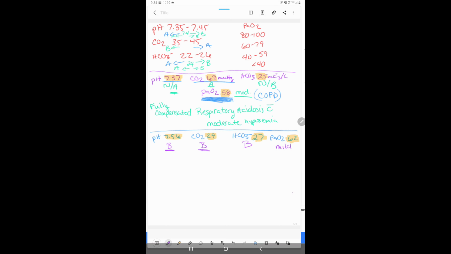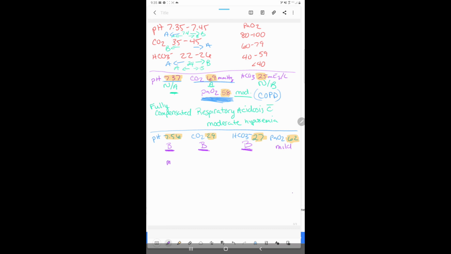Your CO2 is a base. Your bicarbs are a base. They're all three bases. Okay? So you're probably thinking, well, how do I know what happened first? Because you don't know. Okay? So anytime you have all three that are the same, bases or acids,